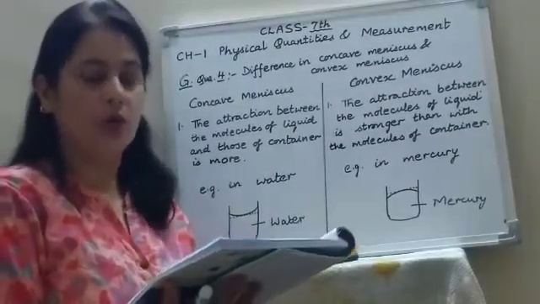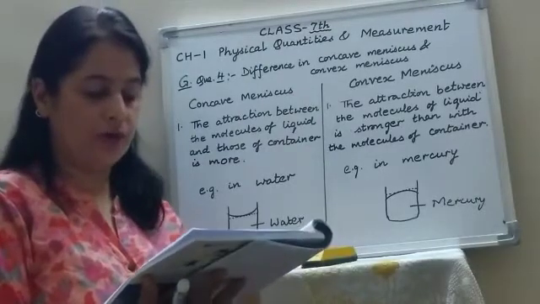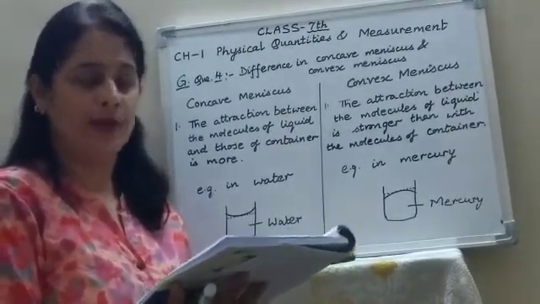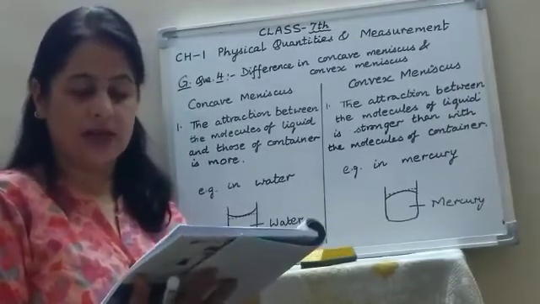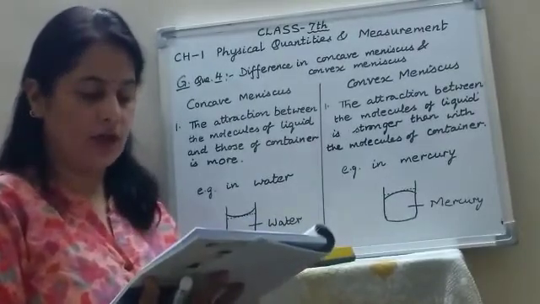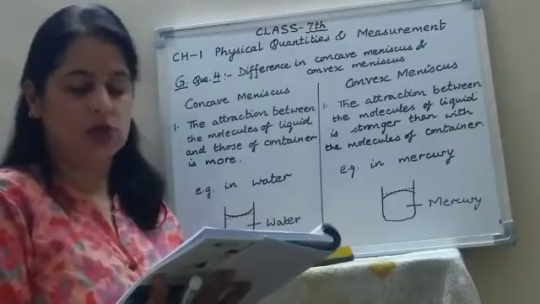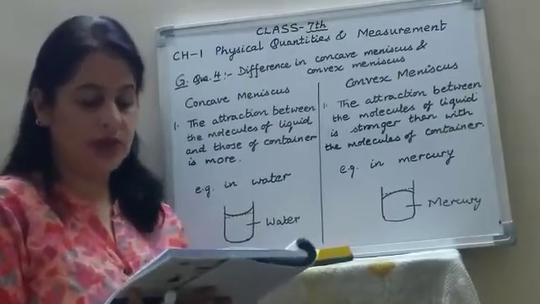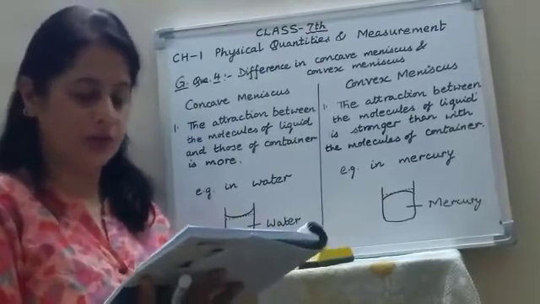Question number 2, which units of measurement will you use to find the area of your drawing room? The answer is square meter. A plot of land for the construction of a house? The answer is acre. For farmland, you will use the unit hectare. And for a district of Delhi, square kilometer. So these are the most appropriate units of measurement you will use.